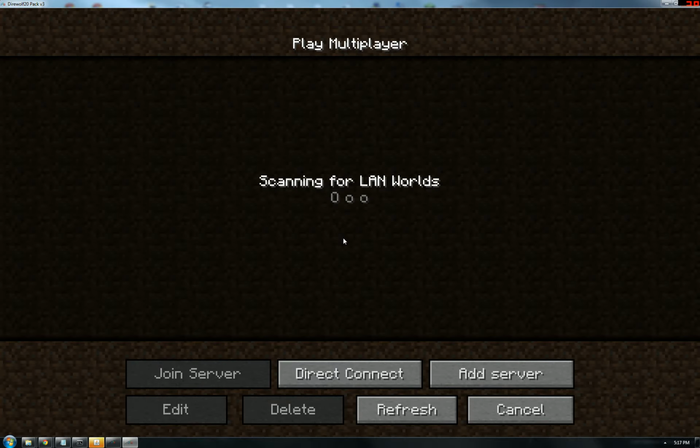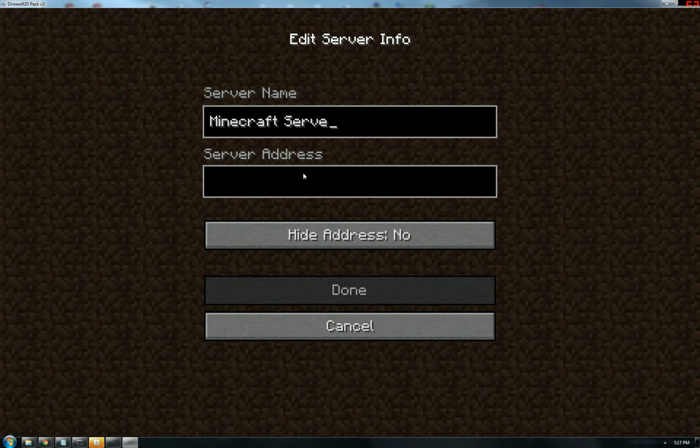I'm going to go ahead and hit multiplayer. And again, this is a brand new fresh install. I'm going ahead and adding a server. Now, I'm simply going to call this one test, local. This is my local test, and because this is running on my desktop simultaneously with the server, I'm simply going to do a localhost installation